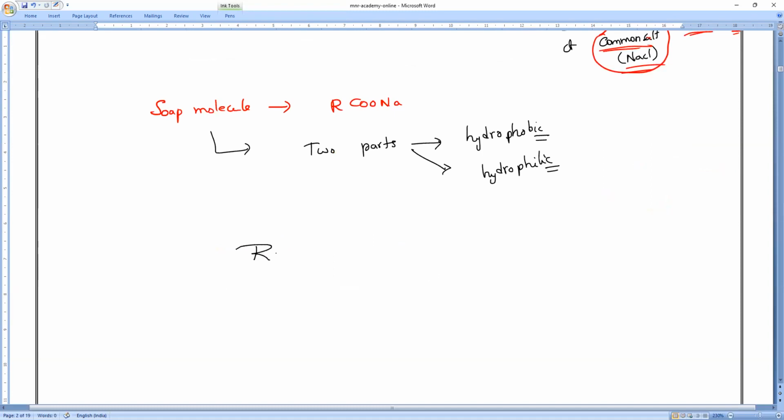So make that RCOONa. I will write it as R. R is what, everybody? Can you tell me? R is an alkyl group. Understood? And COONa, I will write as COO minus and Na plus. So this Na plus, which we call